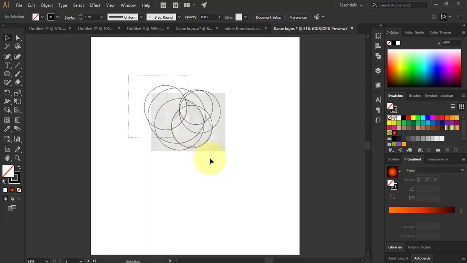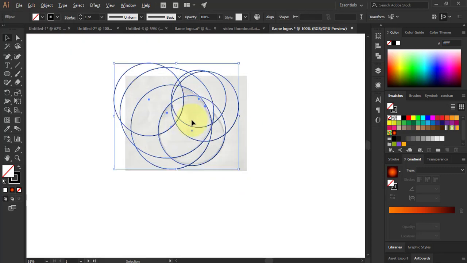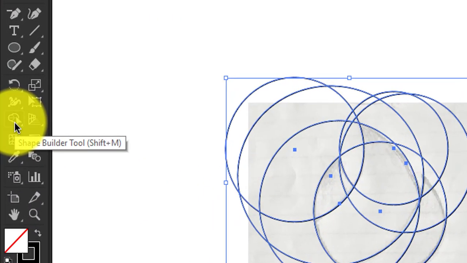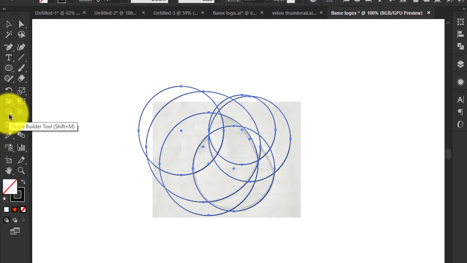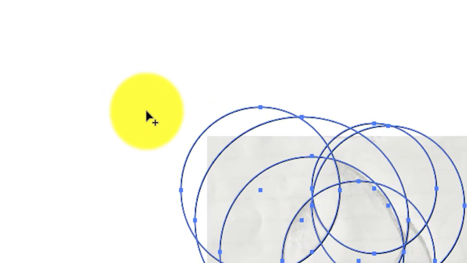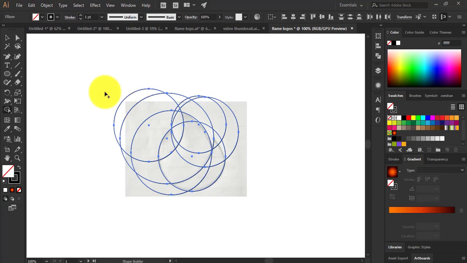Once it has been done, select whole circle which you have made on the artboard, then go to tools panel, select the shape builder tool, the shortcut of which is shift M. Once you have done this, you will see that when you hover your mouse over these shapes which the intersecting circles are making, it will highlight the individual shape. Now you might be seeing this plus sign. This means that the shape builder tool will add in these two shapes when you drag your mouse, something like this. So these two shapes are now joined, and when you hold Alt on your keyboard, you